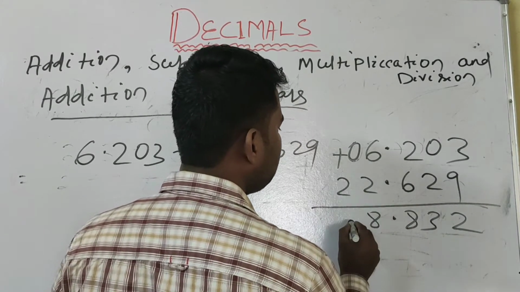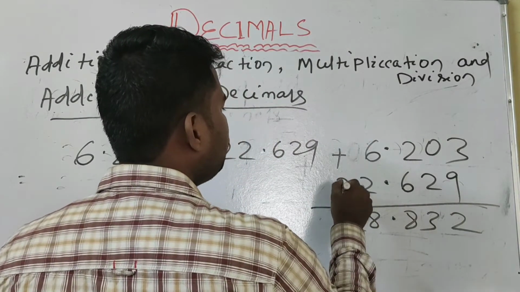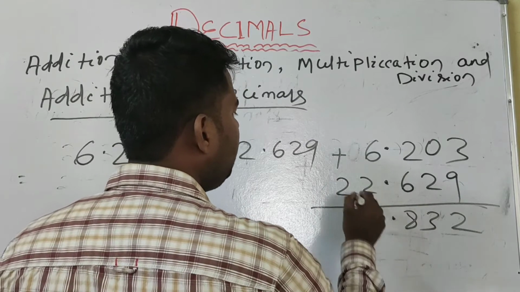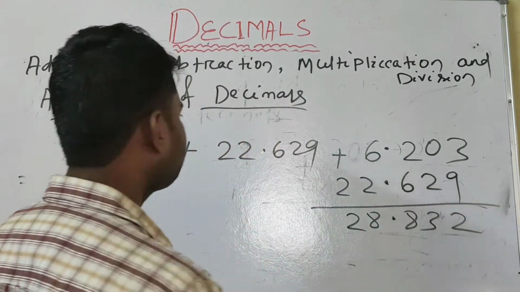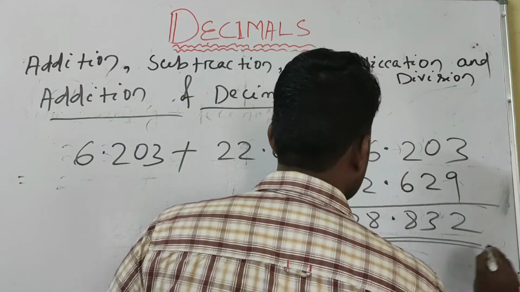Then 2 plus 0 is equal to 2, and 6 plus 2 is 8 and 2 put 2. So now we got the answer